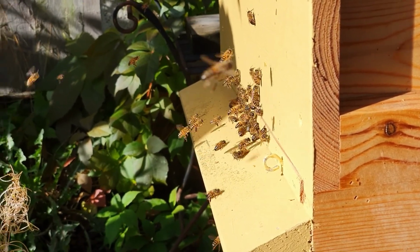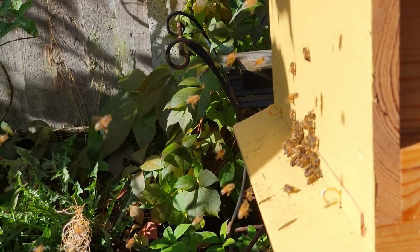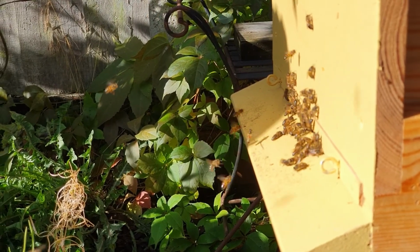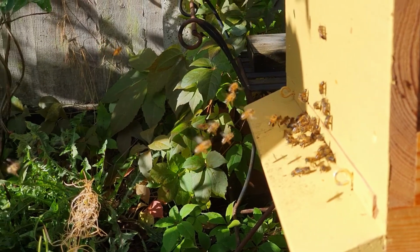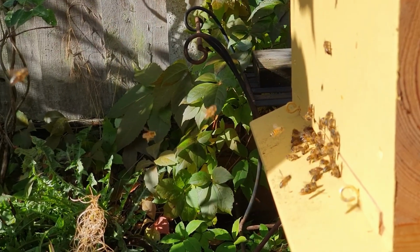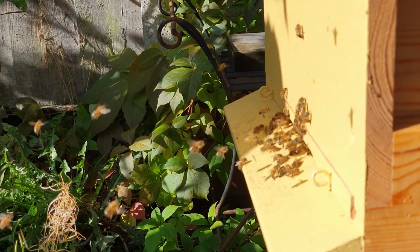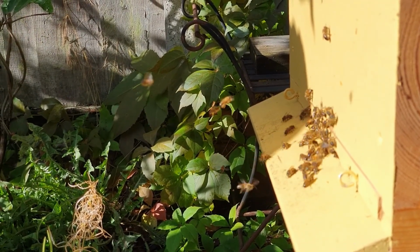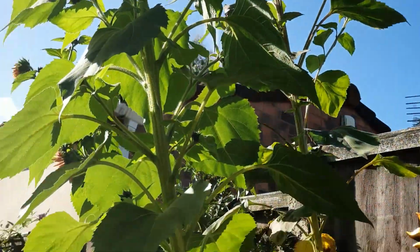And at the minute, I'll come down here, and the sun shines on a cooler day. Obviously, in a secluded spot like this, it gets warm quite quick. The temperature gets above 10, to 15, 16, 17, 18. It feels really warm here in the sun now. I'm squatting down here in the sun, and I can really feel it on me. And these will come out, and they will really make the most of the foraging that they can get hold of, i.e. sunflowers,